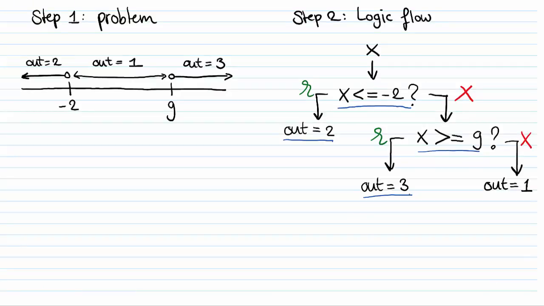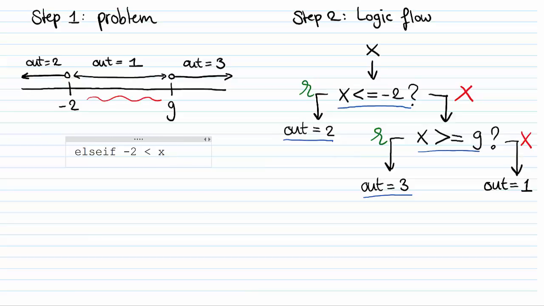We've already defined the left and the right boundaries, below -2 or higher than 9. So all that's left is to define the area between these two numbers. So when x has a value between -2 and 9. A very intuitive way to write this in MATLAB would be, for example, by writing else if x is between